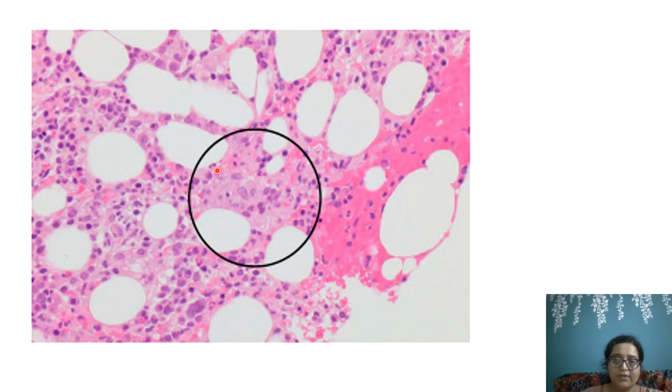Now here what you see is a very, very vague collection. Can you see? This and this look like maybe epithelioid cells, and this is what you are going to commonly get when you try and hunt for a granuloma in the bone marrow. You might not get that kind of picture always. 80% of the time this is what you get. So I wanted to contrast what you think you will get and what you usually get.